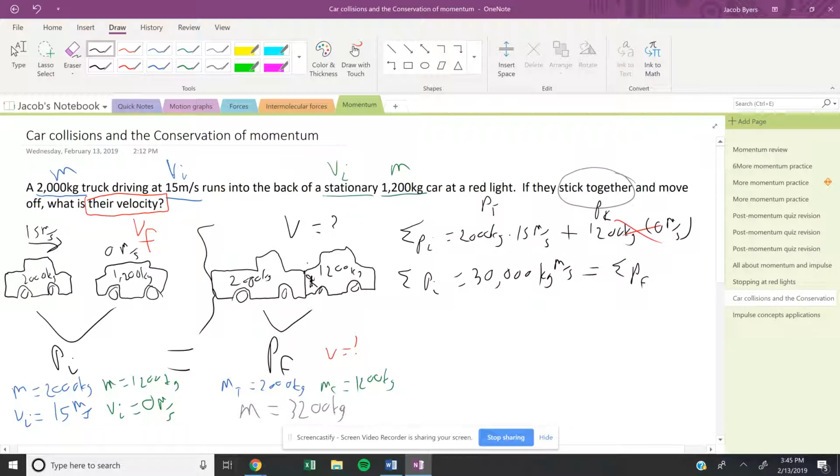Okay, so now we've got to find our final momentum. We know that is going to equal 30,000 kilograms meters per second. And our total momentum is going to come from their two masses combined, 3,200 kilograms, times their velocity, which is the same. So divide by 3,200 kilograms, and you will find that your final velocity is equal to